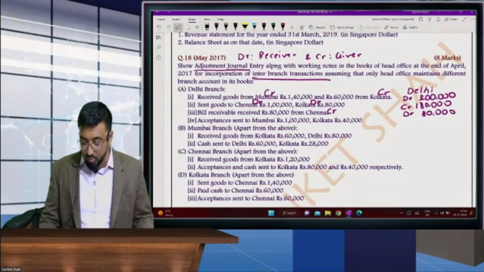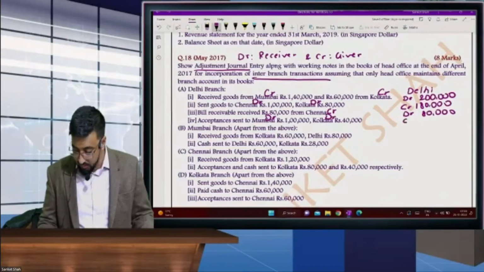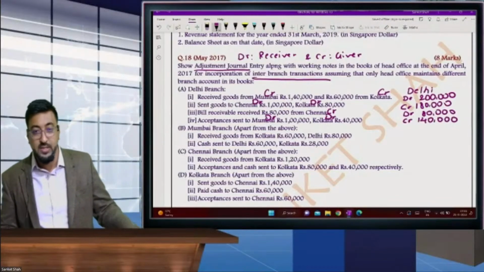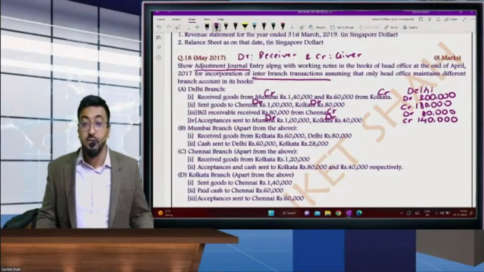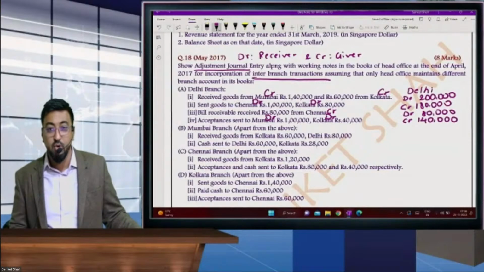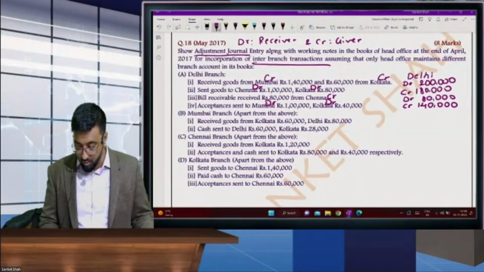Acceptance sent to Mumbai. So Mumbai is receiver, Kolkata is receiver, and Delhi is giver for 1,40,000. It's very simple: you just have to understand the relationship of receiver and giver, and that relationship talks about who is receiver and who is giver. Okay. So same thing you have to do for Mumbai branch. Mumbai branch received goods from Kolkata. So Kolkata is giver, Delhi is giver, and